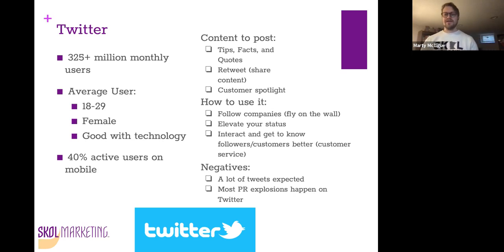How to use it? Following companies. Sometimes people use it as literally just a fly on the wall source. So if it's not using it as posting for your actual business, you can use it to follow specific companies and see what they're up to. See what sort of changes are happening in your industry. It's a great place to get those quick updates. And to really focus on, all right, I just want to know about the tech industry. I just want to know about the housing market, things like that. It's definitely a way to elevate your status and get more attention to your company.